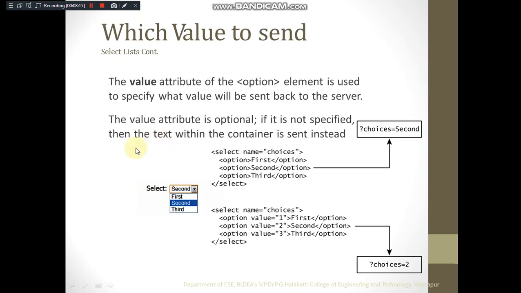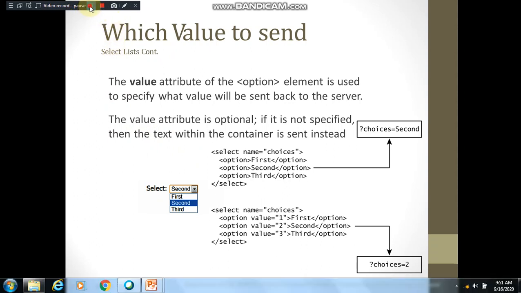which value to send? In case of drop down list, which value is sent is this is the way the query string is constructed. Name of that drop down box is choices, right, is equal to then the value that you have chosen. Here we have chosen second, no? So choices equal to second is sent, right?